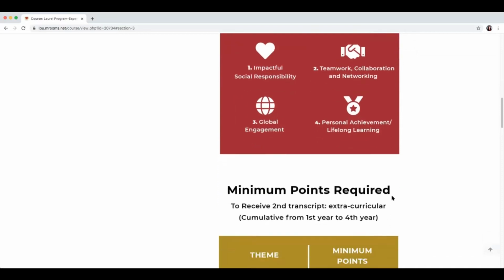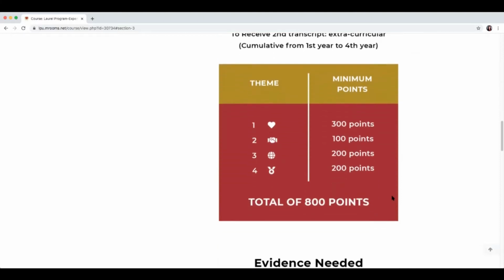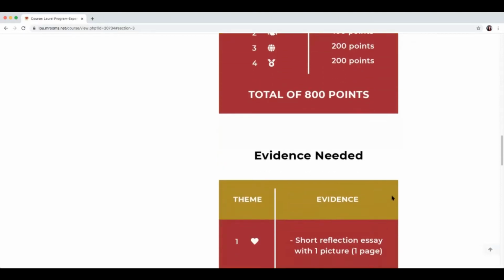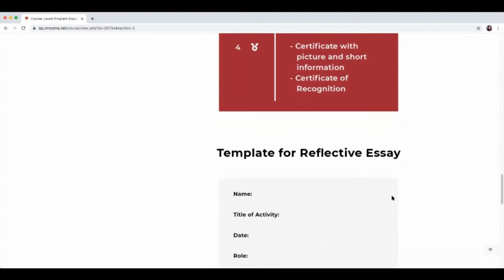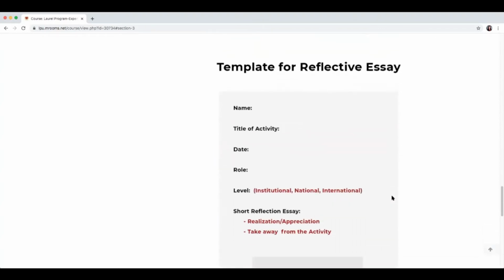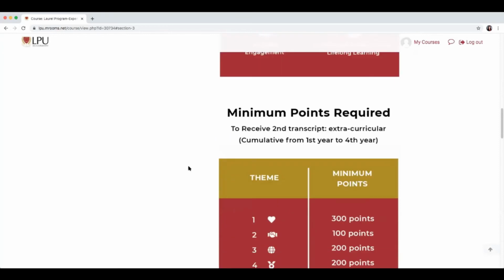You can also view here the minimum points required to receive the second transcript, as well as the evidence needed for each theme. We also provided you the template for your submission. Now, how will you submit your extracurricular activities?